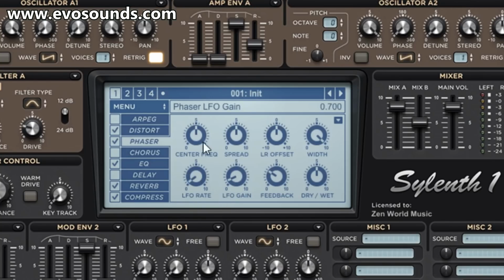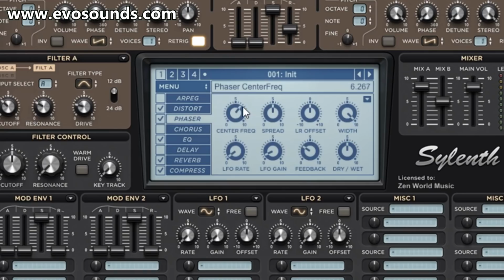The other thing a lot of people don't know as well is that the phaser can actually be used to give a sort of retro vibe to things, per se. For instance, if you lower the LFO gain and the LFO rate down and you use it at a very high wet value, you can easily move the center frequency around and you're gonna get different tonalities, different tones out